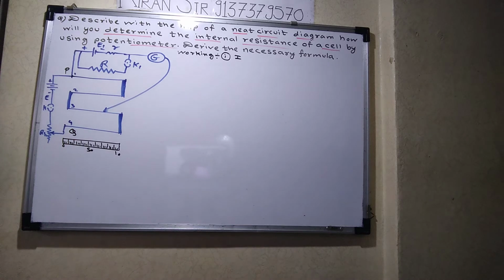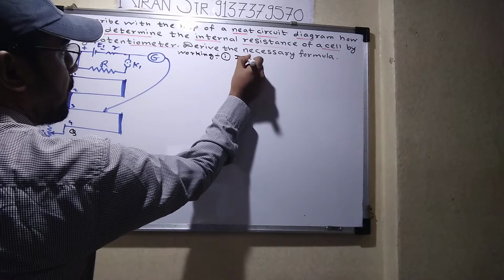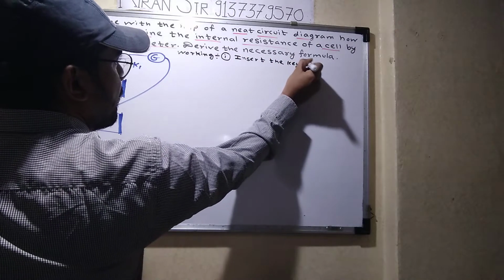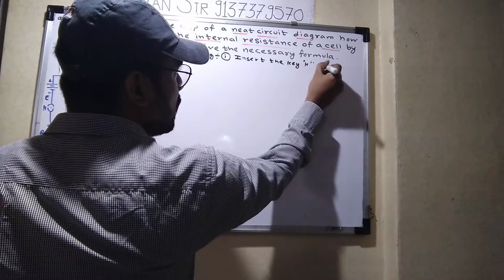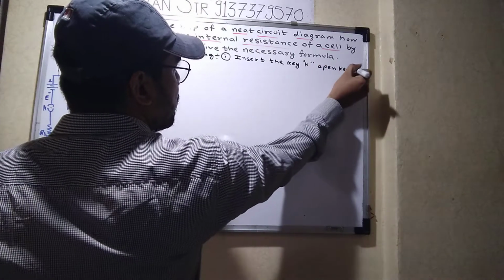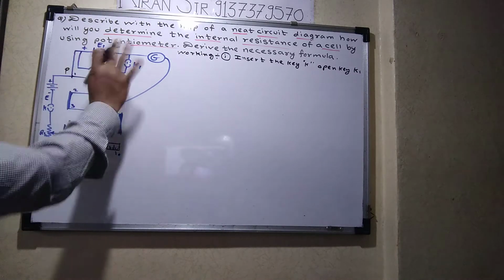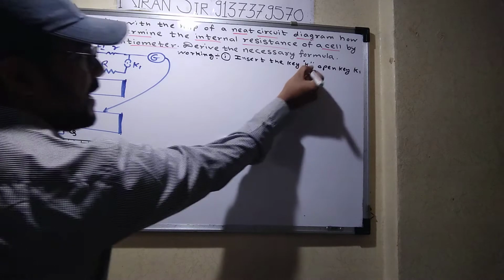Now I will tell you the working of the potentiometer used to find out the internal resistance. What is the first step? Insert the key K and open key K1. Now K1 is open, which means this internal resistance, this external resistance is not in our picture. Once you insert the key K,